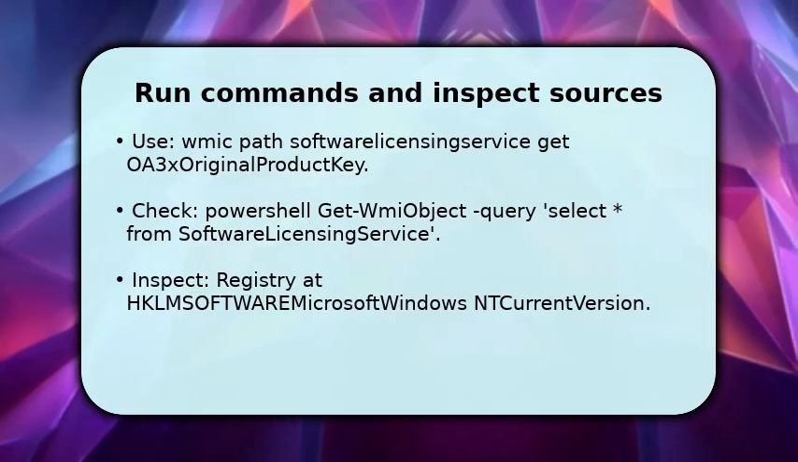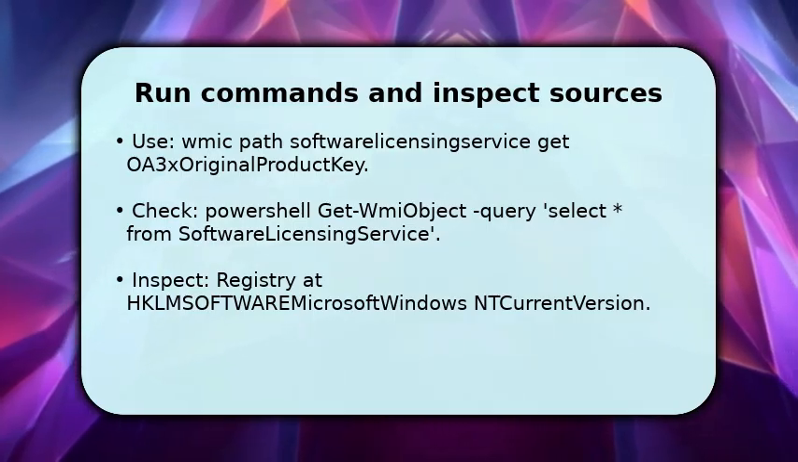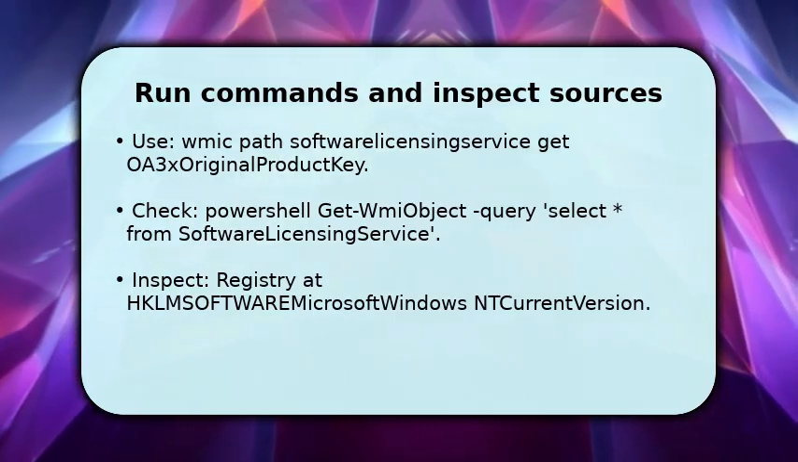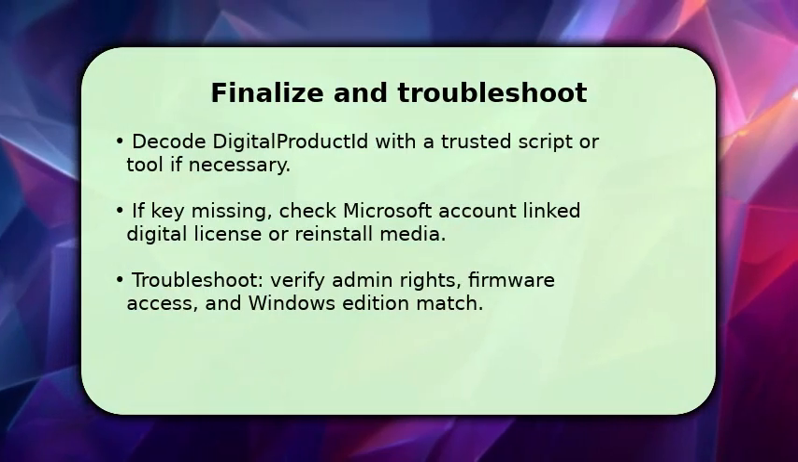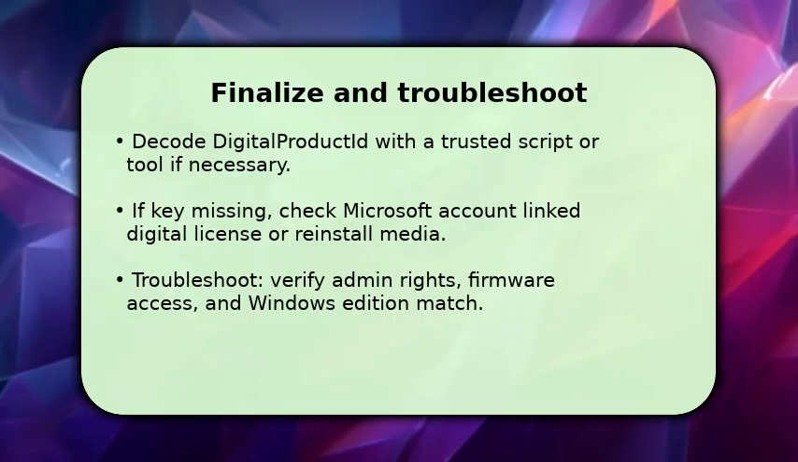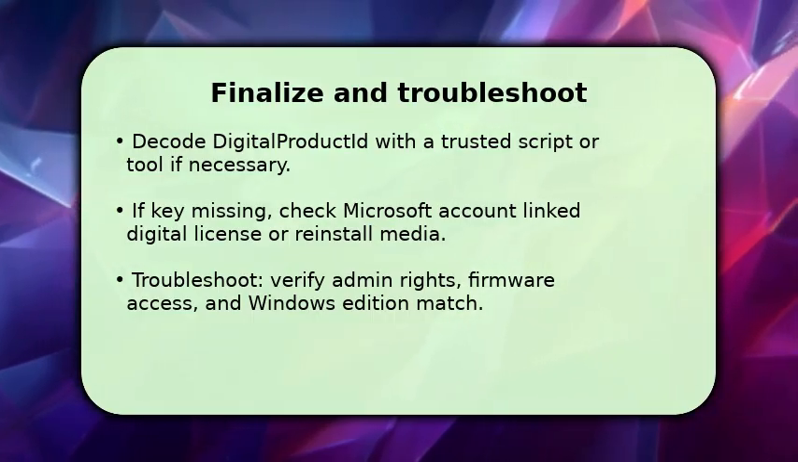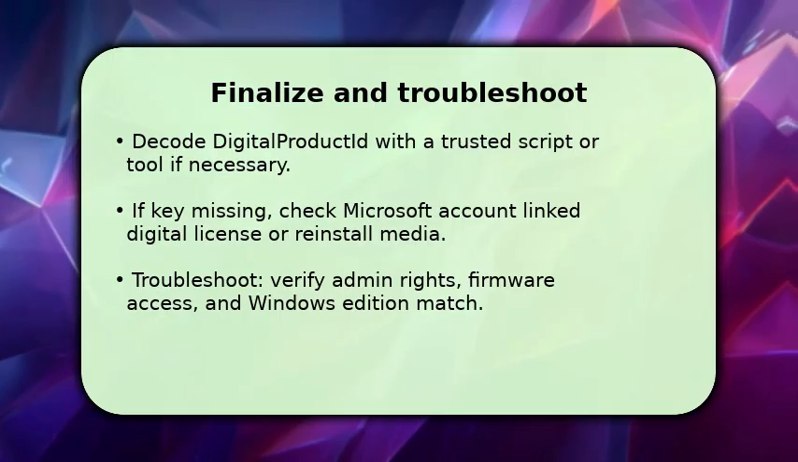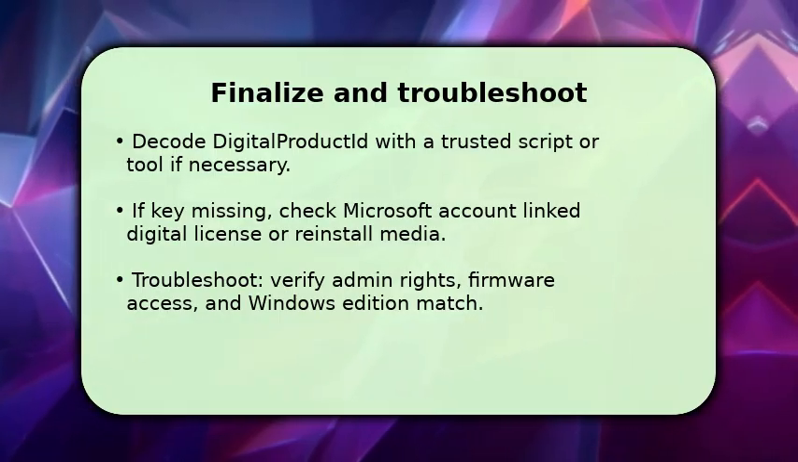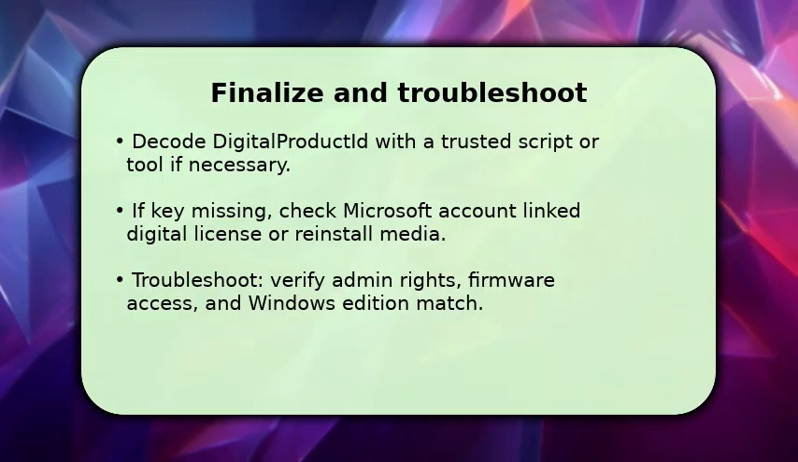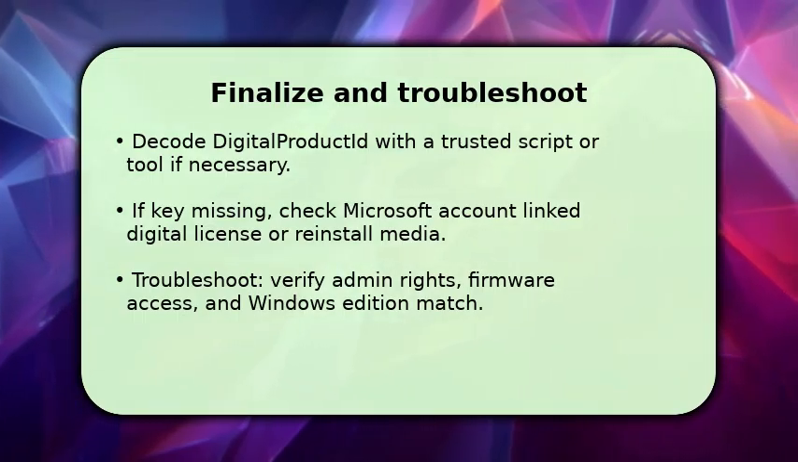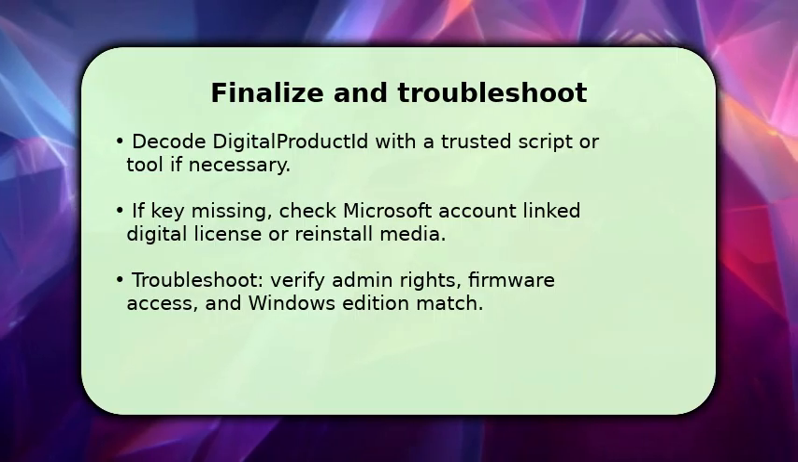If you see a binary DigitalProductID, you'll need a small decoding script or tool to convert it into a readable product key. Finish by decoding any DigitalProductID values if you encountered binary data. Use a simple, trusted PowerShell snippet to convert it to the 25-character key. If no key appears, the Microsoft account associated with the machine might hold a digital license instead. Sign in at account.microsoft.com